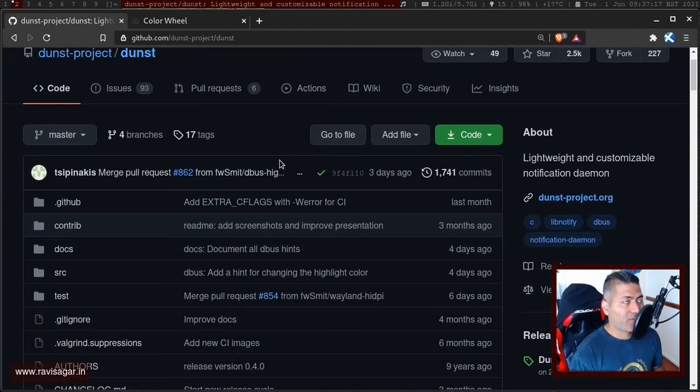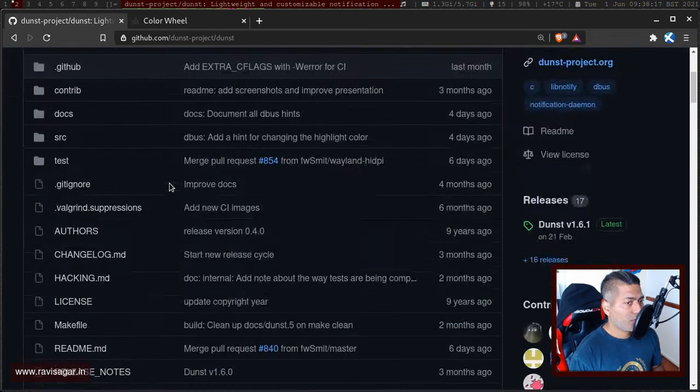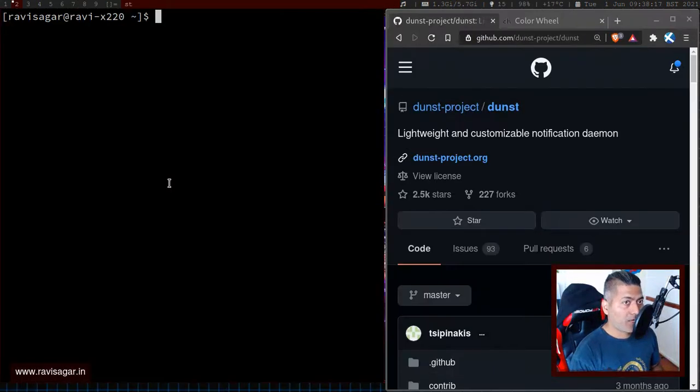So I was actually looking for a few utilities, a few applications that I was hoping to install, and I did try them. But I think dunst is the one that I will most likely use, and I will settle for it. And using dunst is extremely simple. All you need to do is install it first using your package manager. So you can do something like sudo pacman -S, and if you type in dunst,